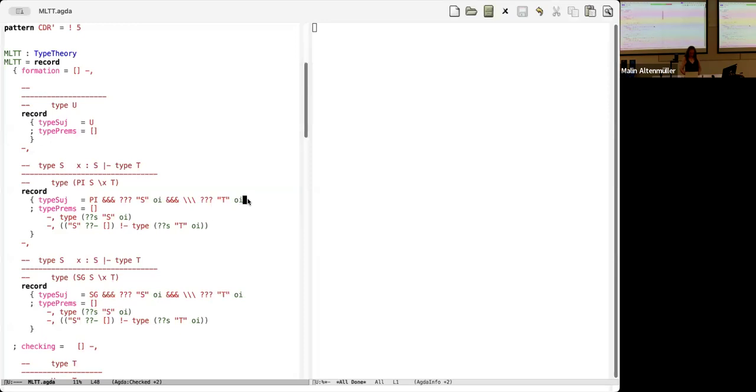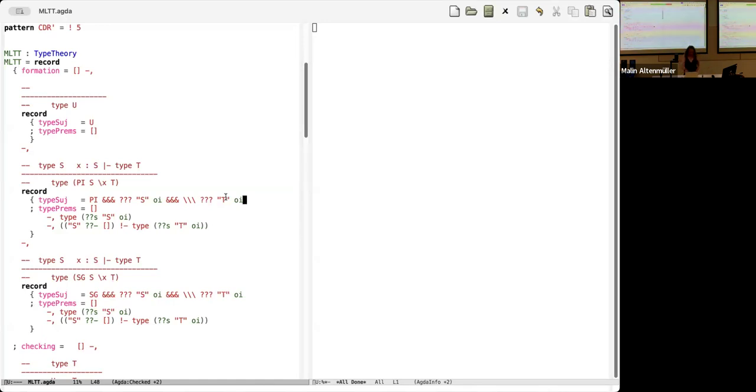there's this lump of syntax made from the atom pi followed by some pattern S, and then under a binder some pattern called T. Anywhere you see a green oi just means all dependencies are permitted. I'll explain why it means that in a bit, but that's what's going on there. So there's no restriction. The pattern variables are allowed to depend on all of the variables that are in scope.